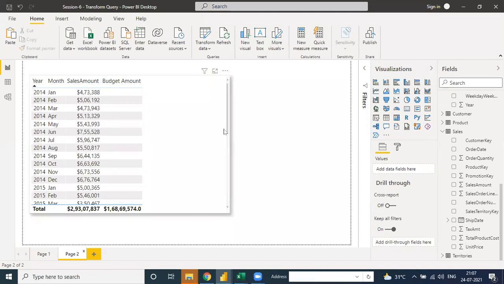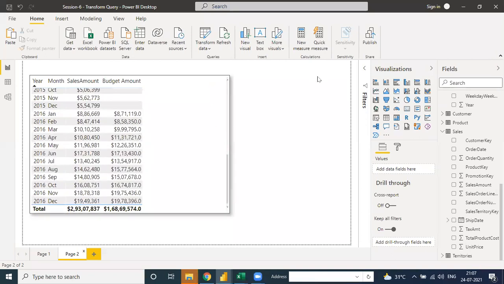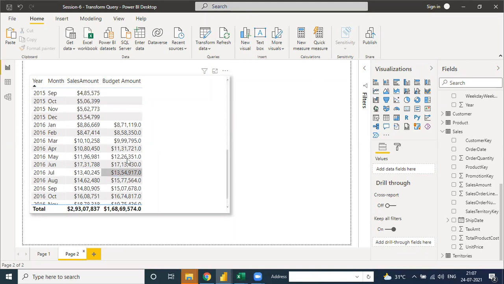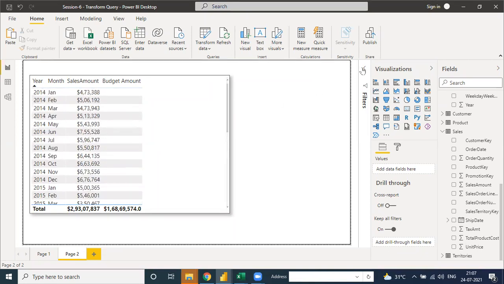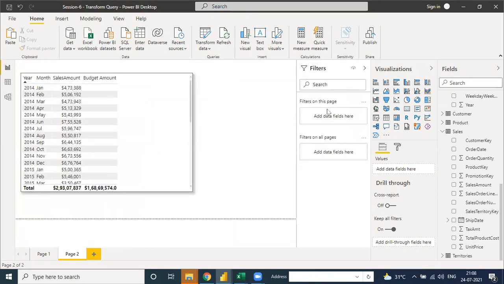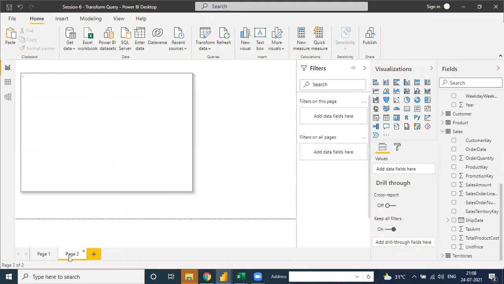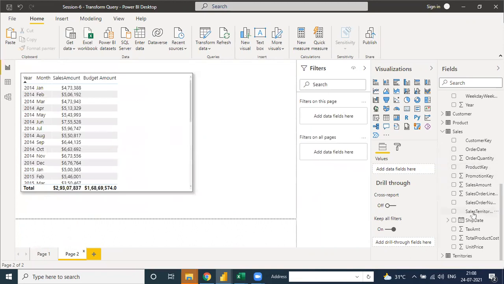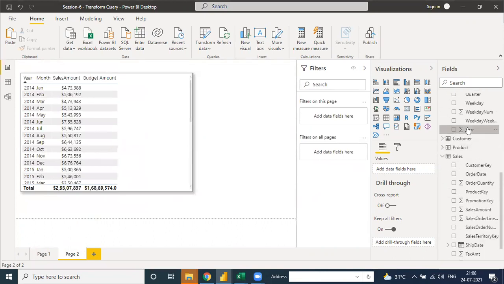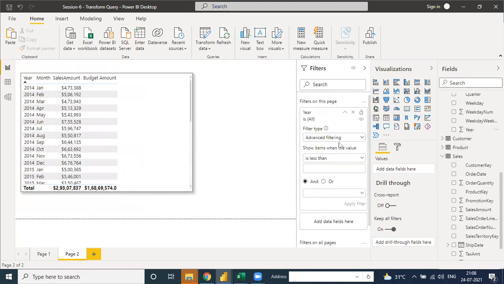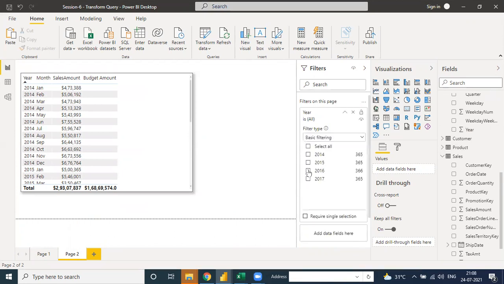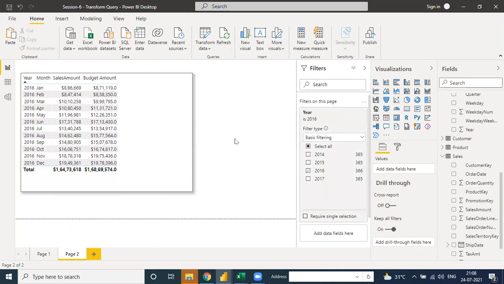Why? Can anyone tell me why? The filter is gone because when we put the filter here, it applies only to this page, page 1. On the second page, we need to use it again and again. Click over here, advanced filtering, go to basic and choose July. See, it's a completed table.